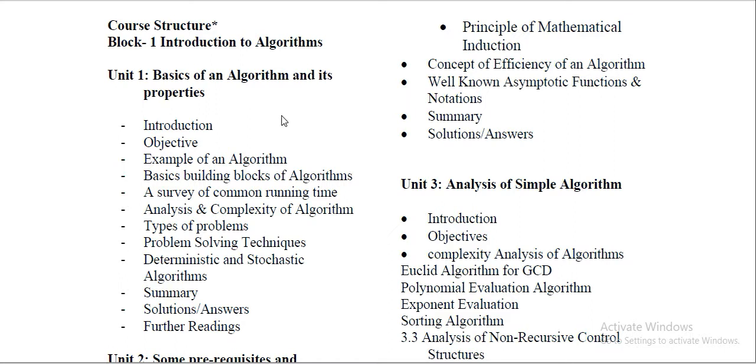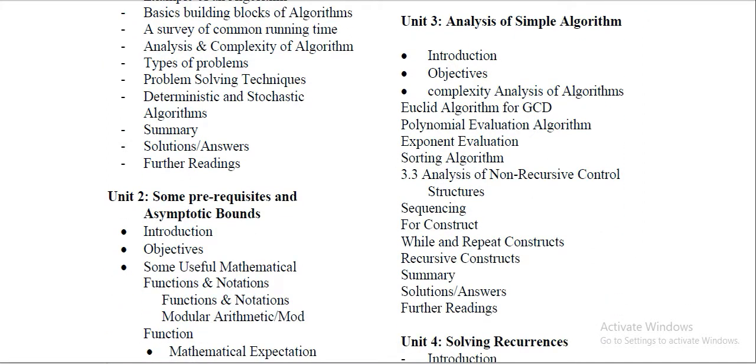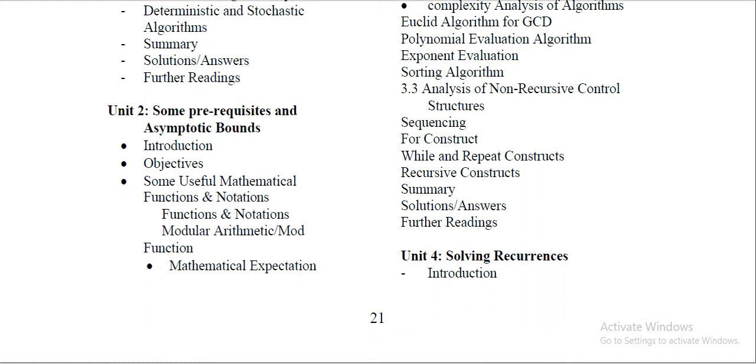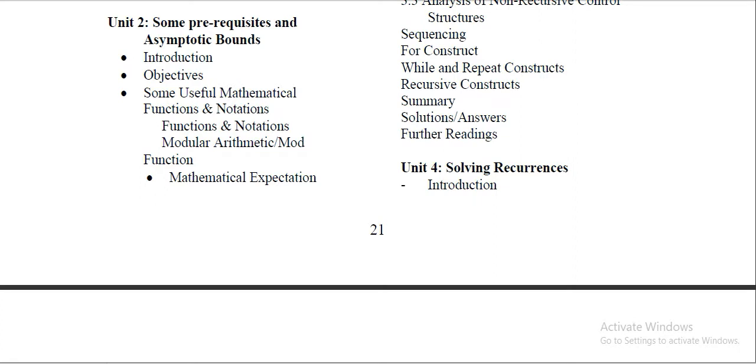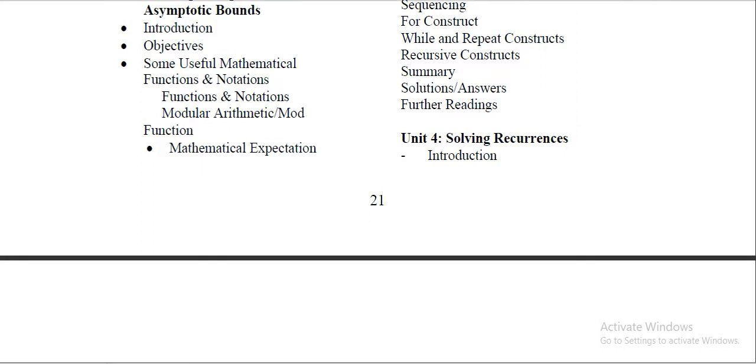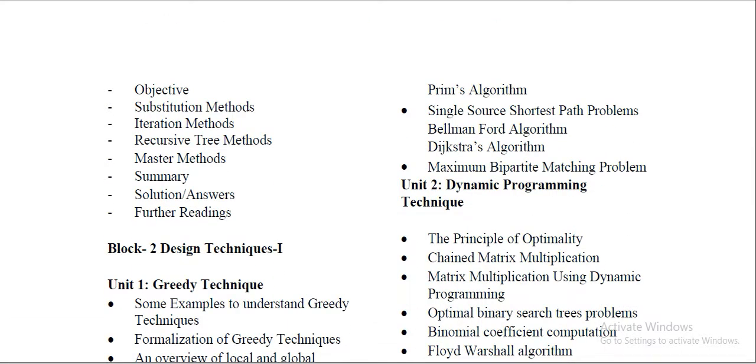In each block, there are 3 to 4 units, and unit 1 discusses the basics of algorithms and their properties, and then solving the recurrence relations, asymptotic notations, and all. So in these 4 units, it entirely covers the role of asymptotic notations to analyze the running time complexity of the algorithms. In this block, the only important part is asymptotic notations and solving the recurrence relations using the